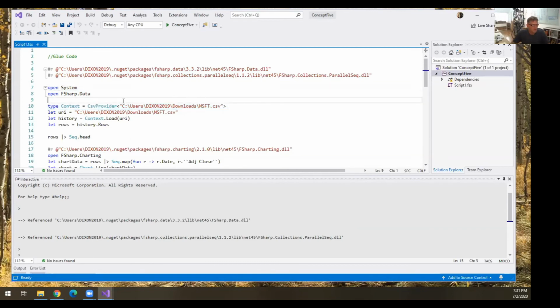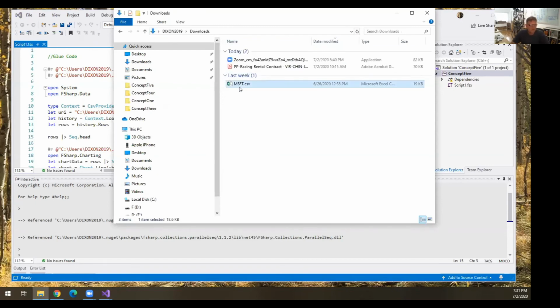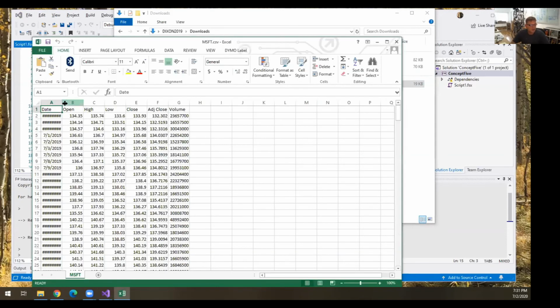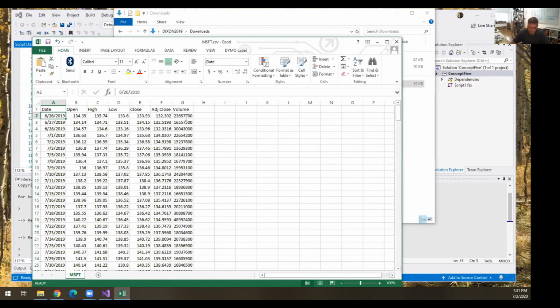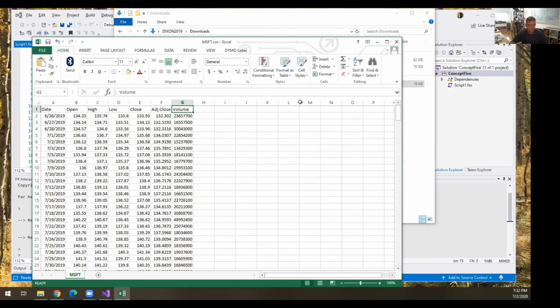So here, let me go to C users. I'm going to my file system. I don't know if Windows can handle it. Yeah, so here's a CSV I downloaded from Yahoo Finance yesterday about Microsoft. And you can see it's some basic stock price information. We have the date, the opening price, the high price, the low, the close, the adjusted close, and the volume for the day. Pretty typical data frame that you see. And there's 255 rows of data, so 255 days of trading on Microsoft stock.